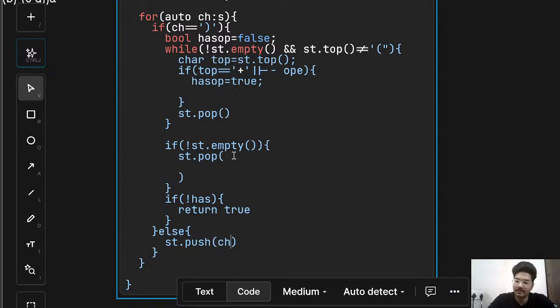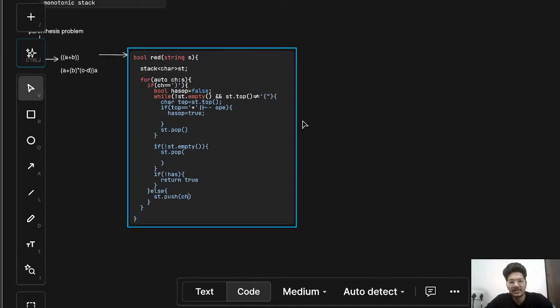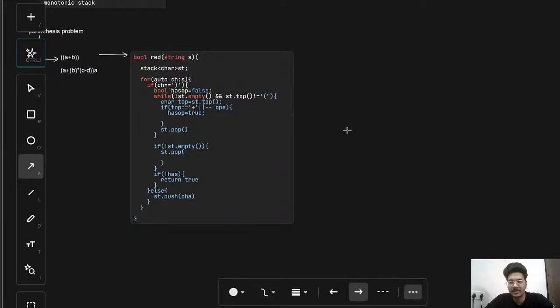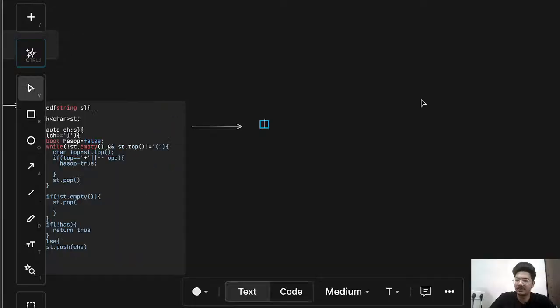Else we have to push the value and return false. So this one is a simple one for checking, and the time complexity for this one is order of n. After that, this one is a simple stack based problem. Okay, let's move forward to the next question. The next question is based on